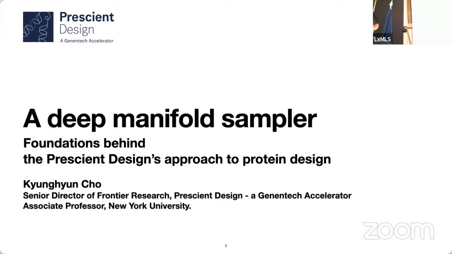Besides academia, Cho also does consulting and scientific advising to several startups. Before that he was a research scientist at Facebook, and he's now one of the co-founders of Prescient Design, a company within the Genentech group, working on computational methods for drug discovery.